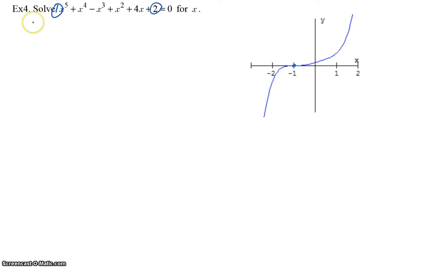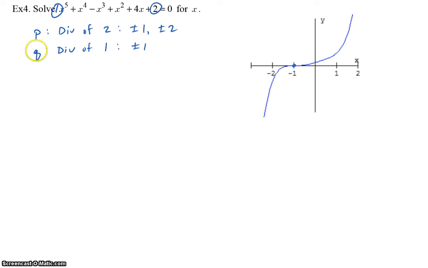We need to list the p's and the q's. The p's are the divisors of the constant term 2, plus or minus 1, and plus or minus 2. The q's are the divisors of the leading coefficient of 1,